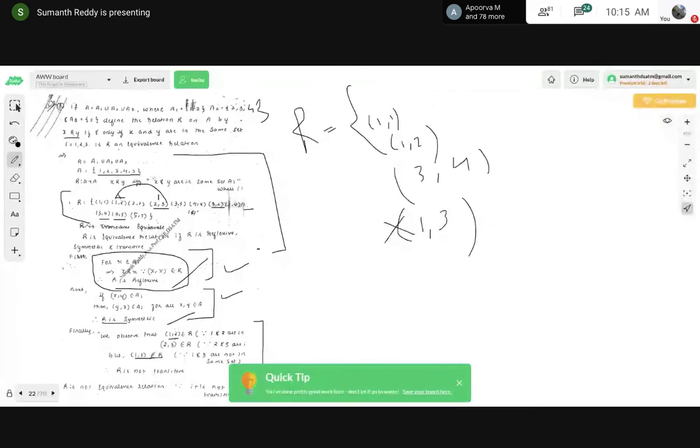In the worst case, if you are getting confused with these kinds of problems, just write the definition of reflexive, the definition of symmetric, the definition of transitive, and just state that since the relation is reflexive, symmetric, and transitive, it is an equivalence relation. If you do that, at least you'll get some 70% of the marks. So this is in the worst case, if you are getting confused with the operation he has given here.